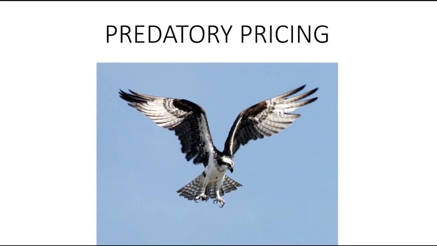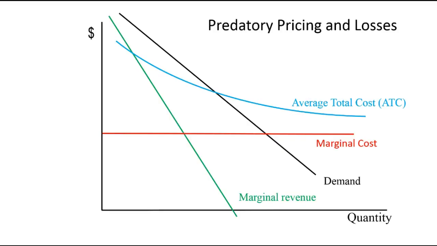Let's briefly consider the solutions to the exercise on predatory pricing that I gave you. If we have a look at the typical situation, the situation that I described where marginal cost is constant and the firm needs to choose its price, of course, if it was going to maximize profits, it would look at the quantity where marginal revenue and marginal cost are just equal, and it would set a price that would sell exactly that quantity, the highest possible price. So there's our standard profit maximizing position.